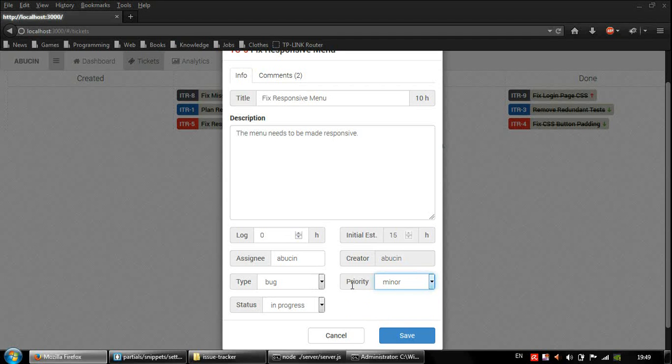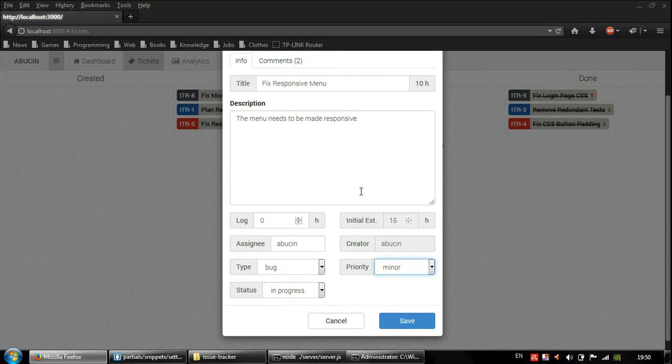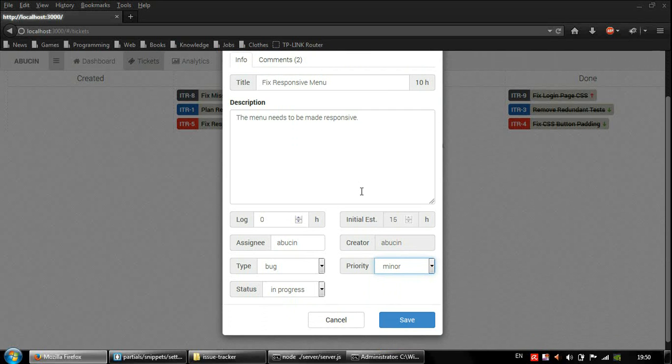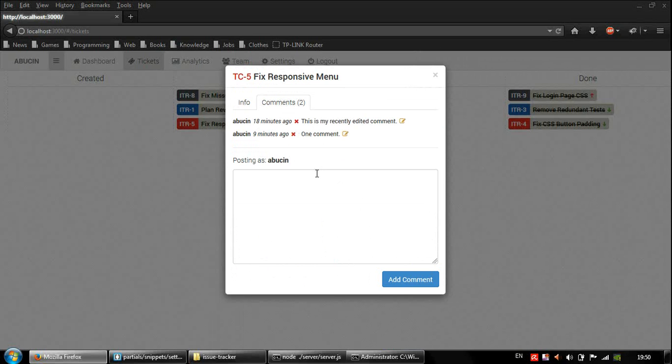And another aspect, if you look at this modal, is that the information has been separated into tabs. If you remember, before in the previous presentation, the comments section was down below, so you had to scroll a lot to get to it. But in this iteration, the information has been moved here to a separate tab, which has retained the same functionality, with the exception that the timestamp has been altered in order to reflect a more, let's say,